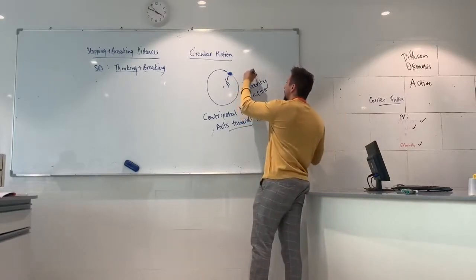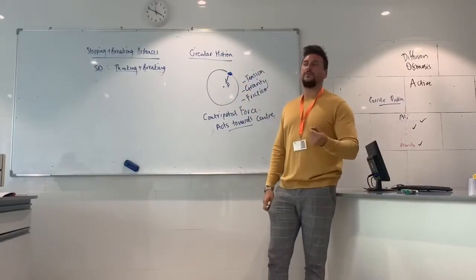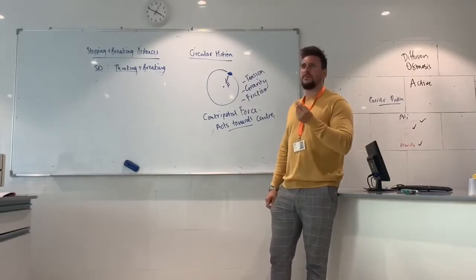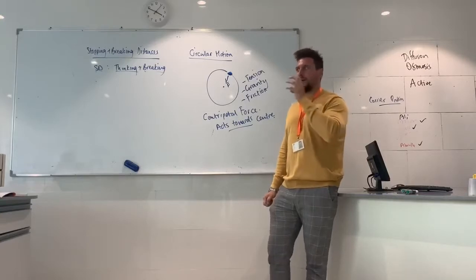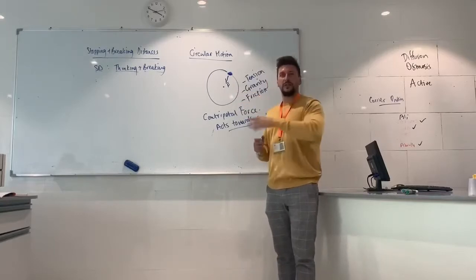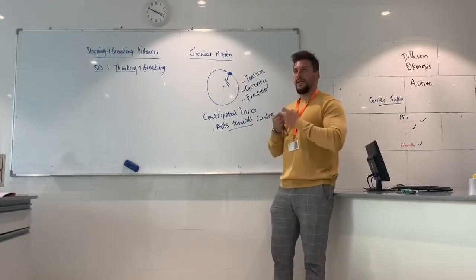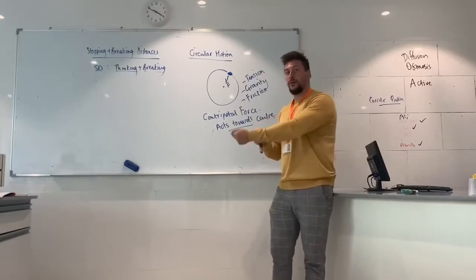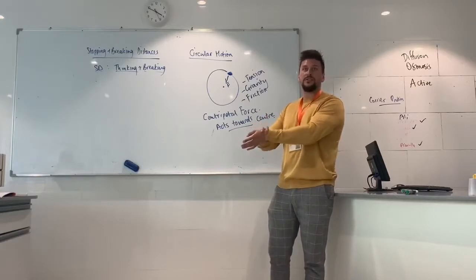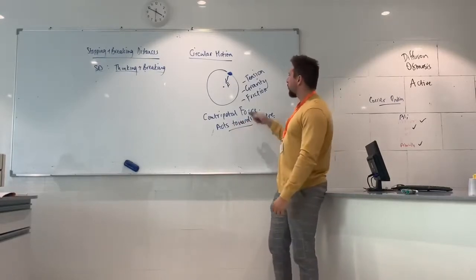Or tension. Now, tension could be in a string or a rope, generally, or a cable, if you're swinging something around in a circle on a rope. Possible examples are fairground rides, where it's connected to a string, and then the fairground ride goes around and you move outwards slightly. Or if two ice skaters are on the ice and one of them is holding the other and spinning them round in a circle, the tension in the arm, which is pulling you into the circle, is your centripetal force. Okay? So centripetal force acts towards the center.